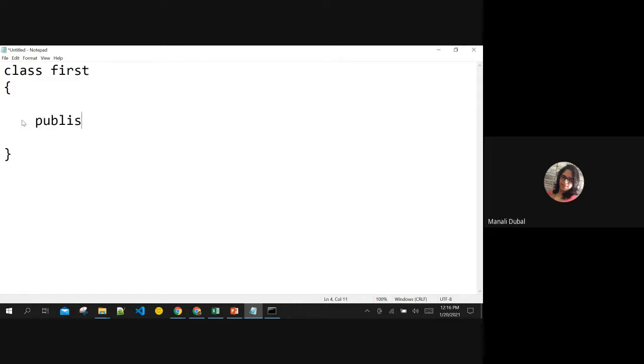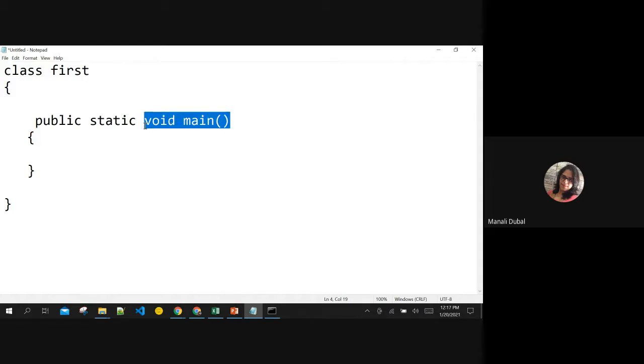Now, as it is a public method, why? See, all of you already know void main, right? Now, as void main is public in Java, why is it public? Because it has to be accessible. See, you might have installed your Java in C drive and you are working in D drive, right? Or maybe you're working in some other drive. Void main is always public. The reason is that your compiler and your interpreter should be able to access void main from any of the drives you have installed Java in.